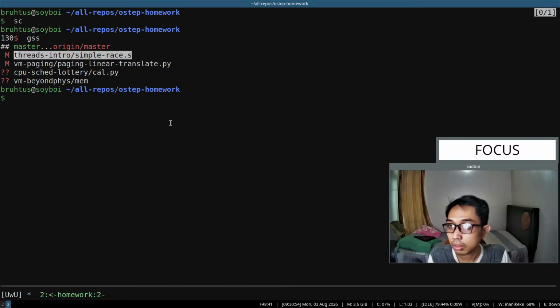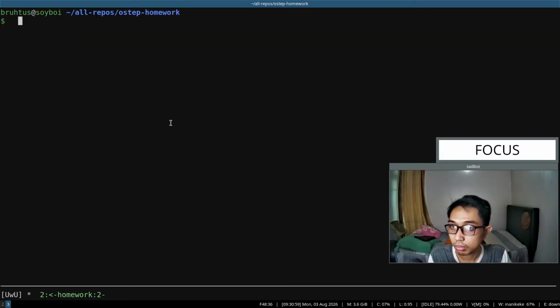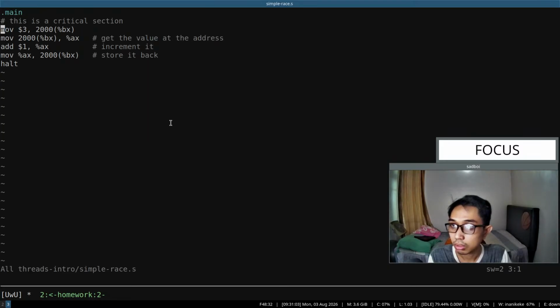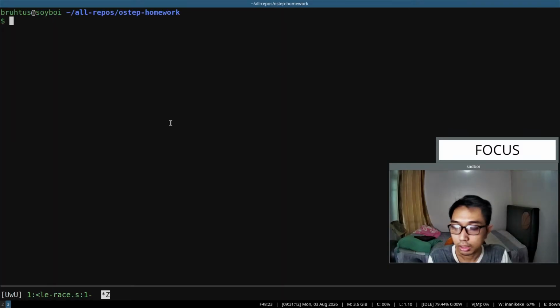Take a look at the simple race assembly, something like that. Intro, I think we had this one, and previously we learned about